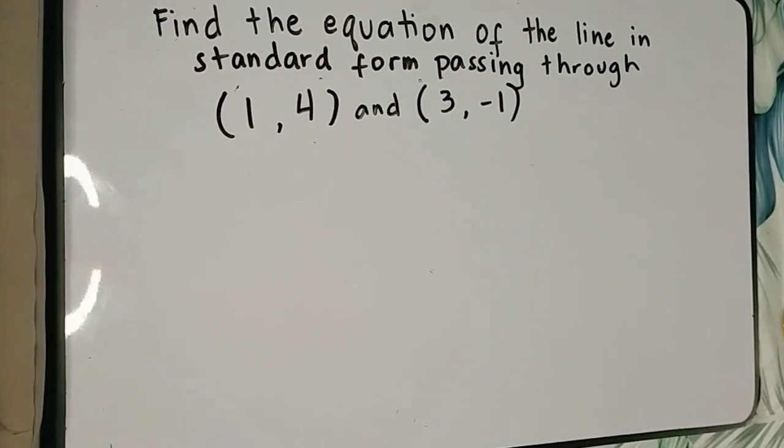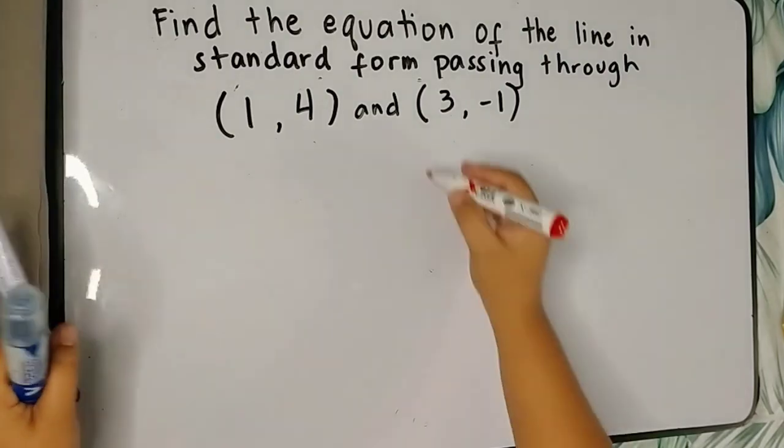Second example, find the equation of the line in standard form passing through points 1, 4, and 3, negative 1. Again, this is under 2-point form because given 2 points or 2 coordinates. Now, it's up to you if you're going to use the formula, okay? Pero para sa akin, mas madali yung second method kasi mas mabilis siya. Okay, so papakita ko yung second method para din mas masanay kayo. Okay? So, using the second method,